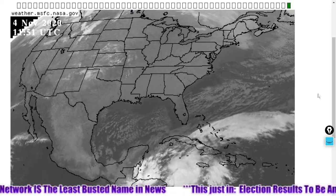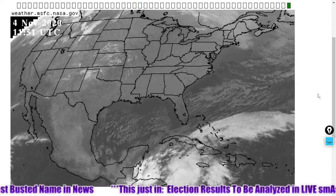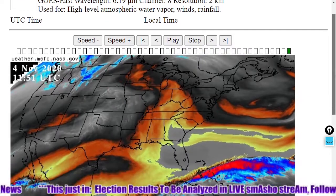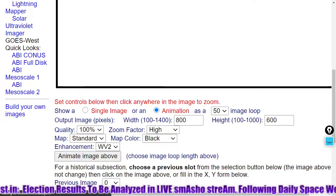Look at all the low clouds persisting over the Atlantic and the Gulf. Next, looking at the water vapor map. And it's going to warm up here in Pennsylvania, so let's zoom in on the